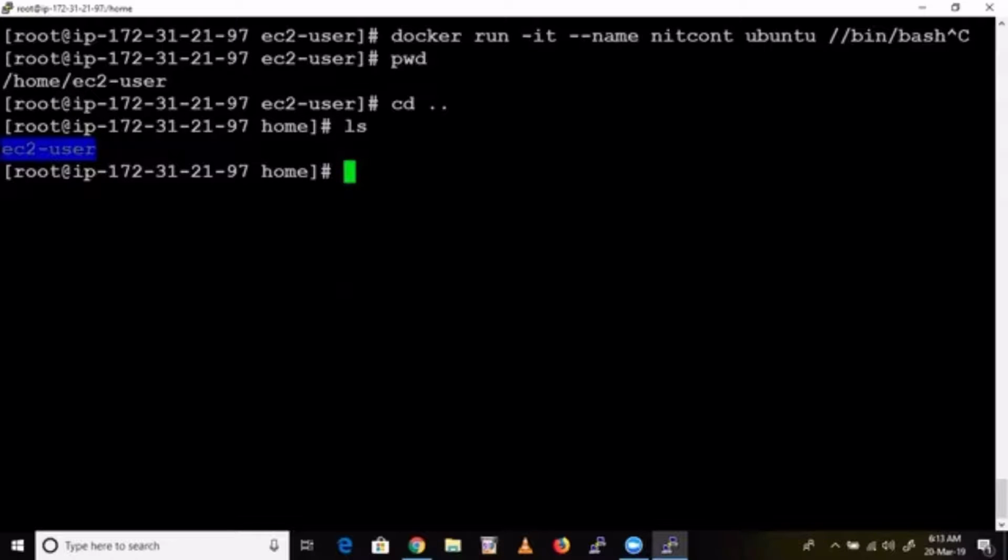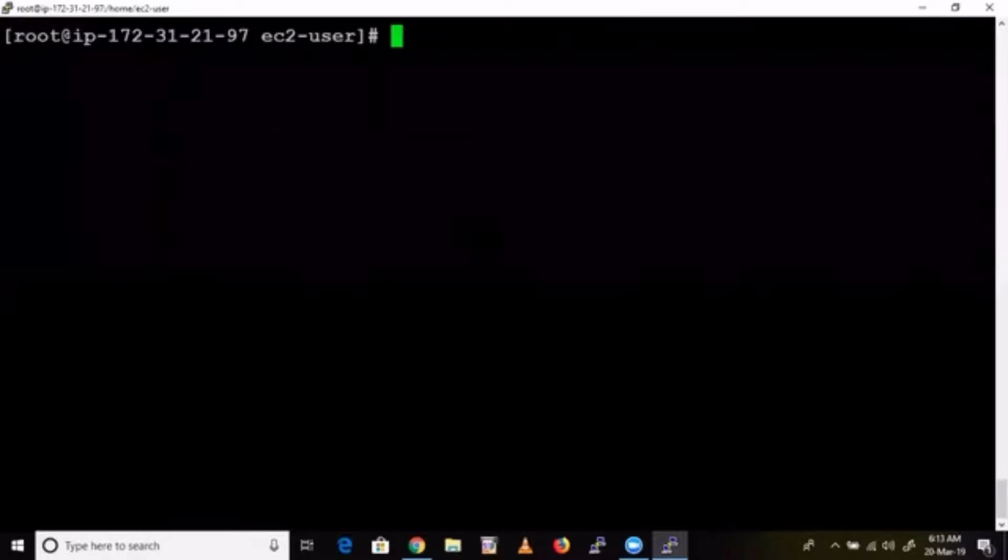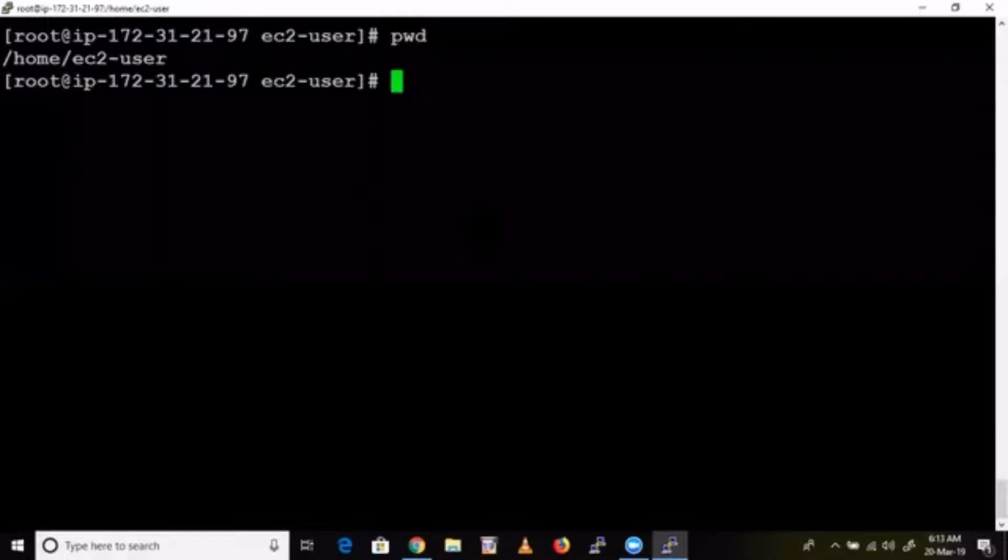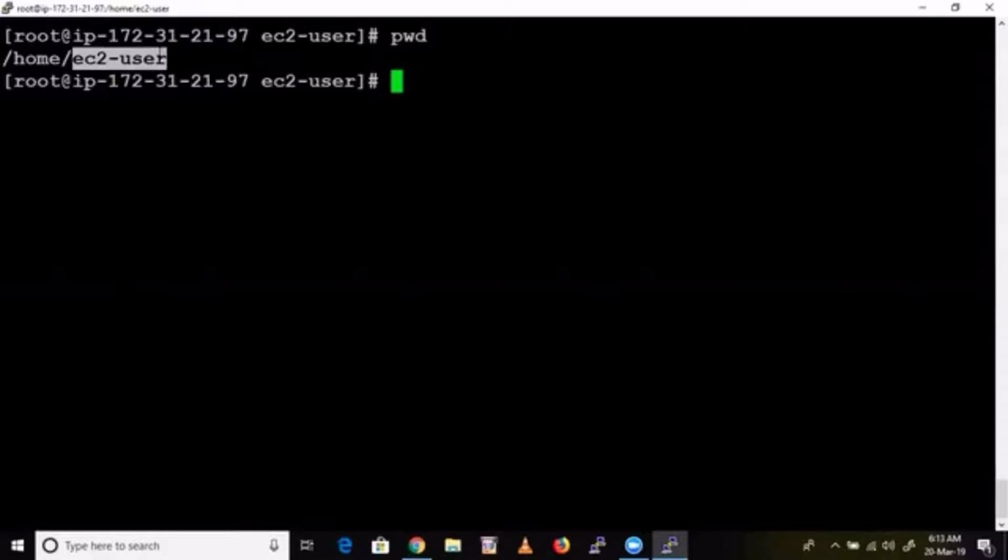So right now you are inside the ec2-user folder. I have a folder called ec2-user, so I want to take this folder from my base machine and map it. So let's see what the command is.